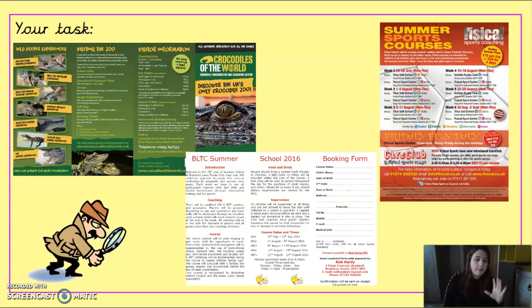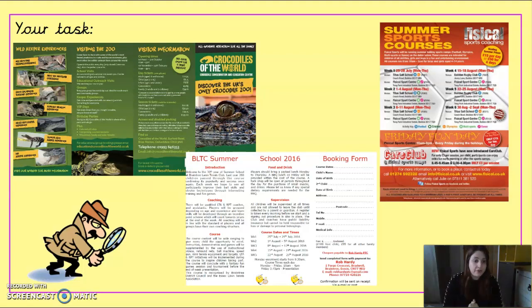Some is for a summer camp. There's one for a crocodile place, one for Bristol. So they're all a range of things because we're just looking at the features. So we've got a range of different leaflets for you. They're not all on the same topic, but what do they all have in common? So your task today